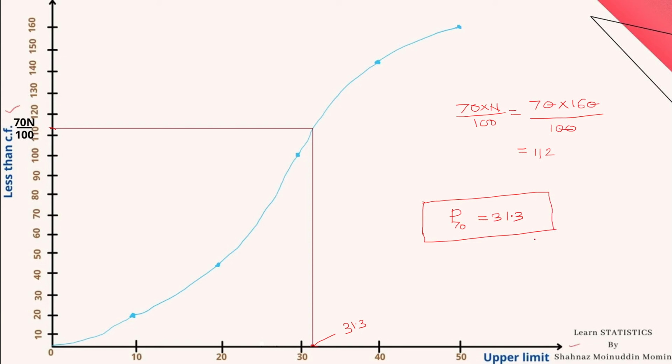In this way we obtained the value of percentiles by using the less than ogive, and hence we can obtain the value of deciles, percentiles, and remaining all partition values graphically. We have already studied how to obtain quartiles graphically and how to obtain median graphically in the previous lectures. If students want to learn those lectures, then click on the I button on the screen, and link of all those lectures and the previous lectures playlist are also given in the description box.